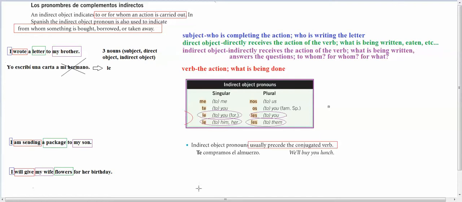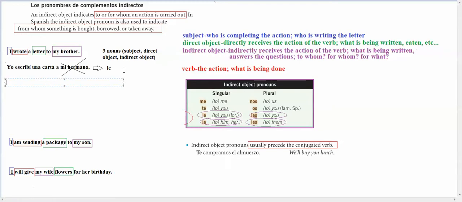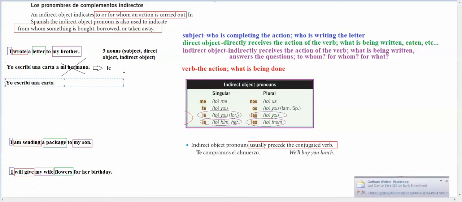So where do these indirect objects go? Indirect object pronouns usually precede the conjugated verb, meaning they go in front of it. So let's say I rewrite this sentence again. Yo escribí una carta a mi hermano. Well, we already said we want to get rid of a mi hermano. We want to replace it with